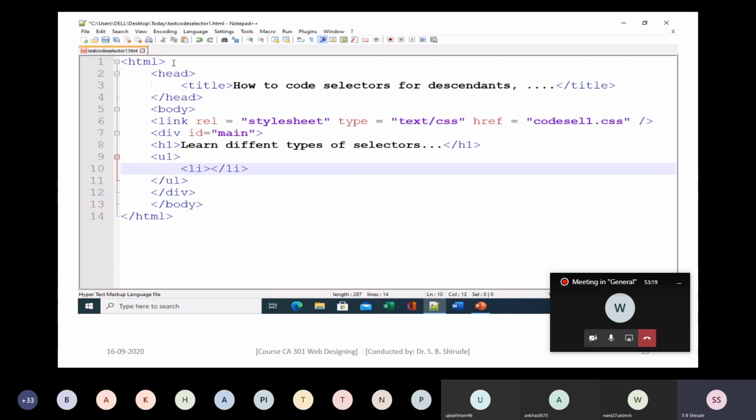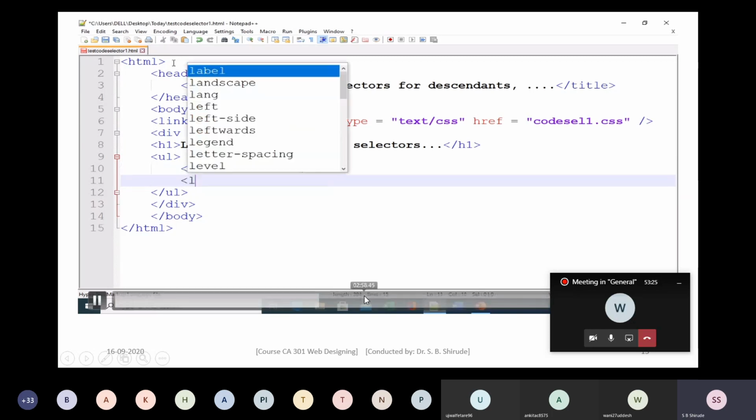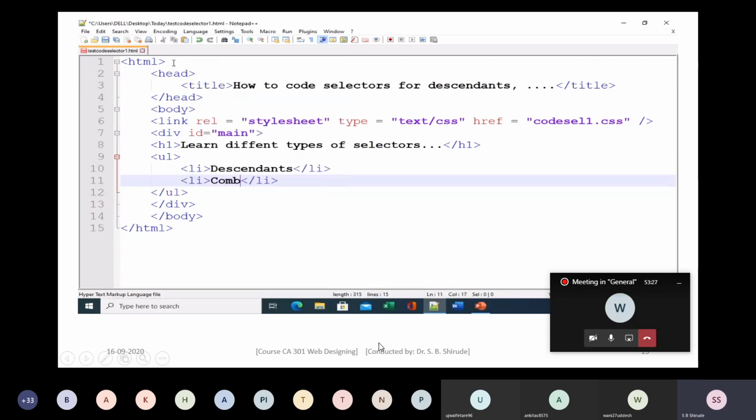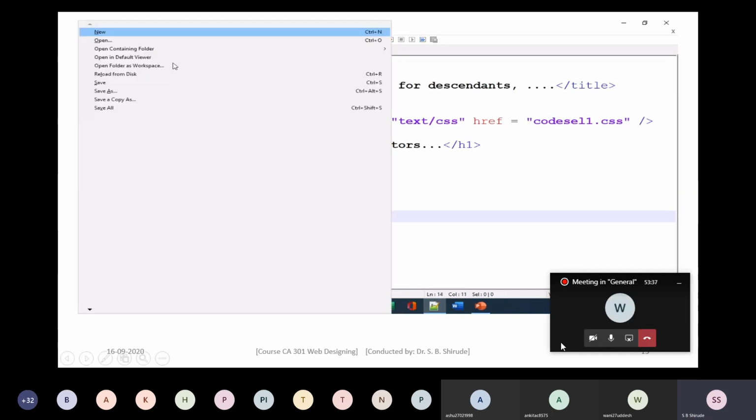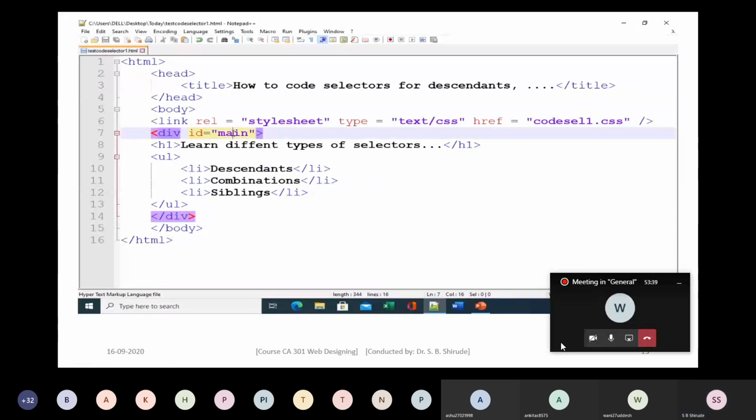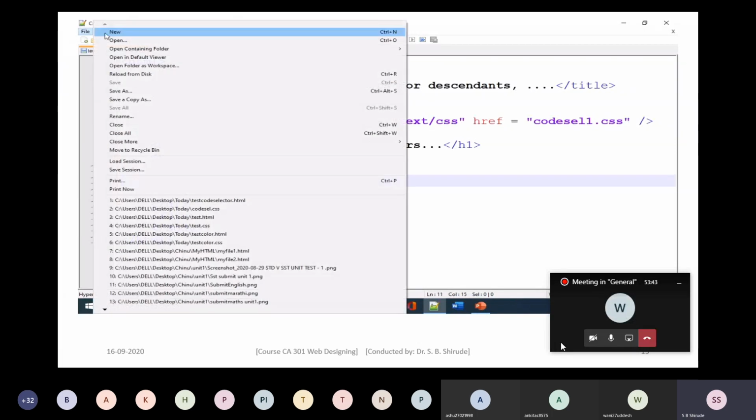In UL, I am giving the first li: descendants. Second li, I am giving as combinations. Value of the third li is siblings. Then I will implement the descendants.